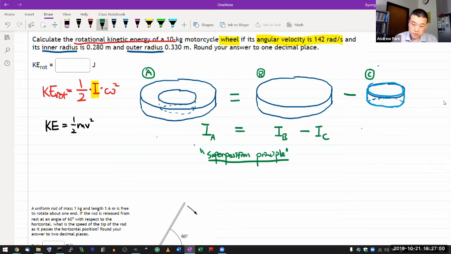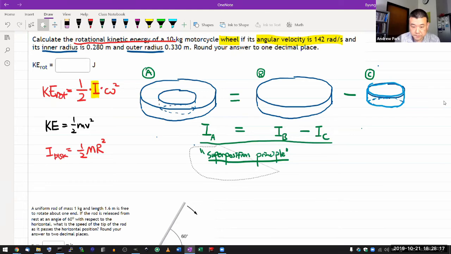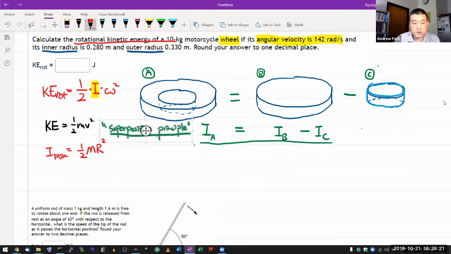So once you get to this point, then it becomes pretty simple to describe the rotational inertia. The rotational inertia of a disk is equal to 1/2 the mass of the disk times the radius of the disk squared. So using the superposition principle here, what we can say about the rotational inertia of